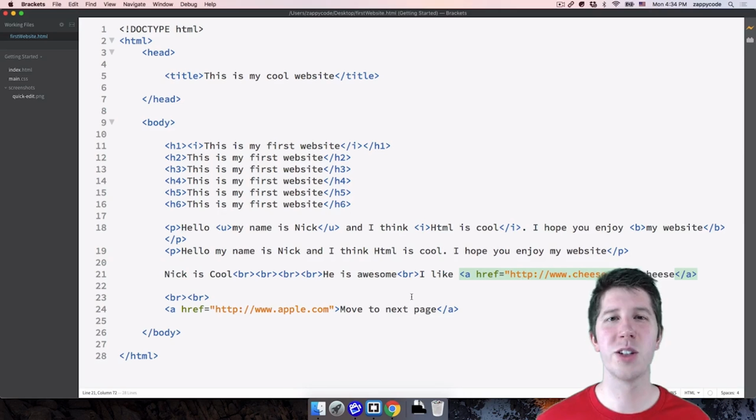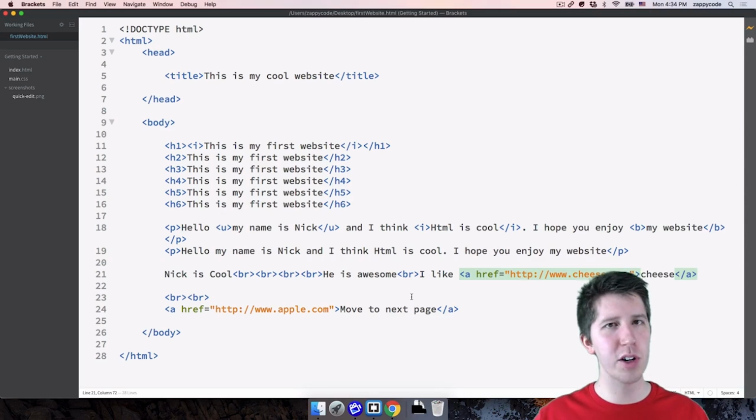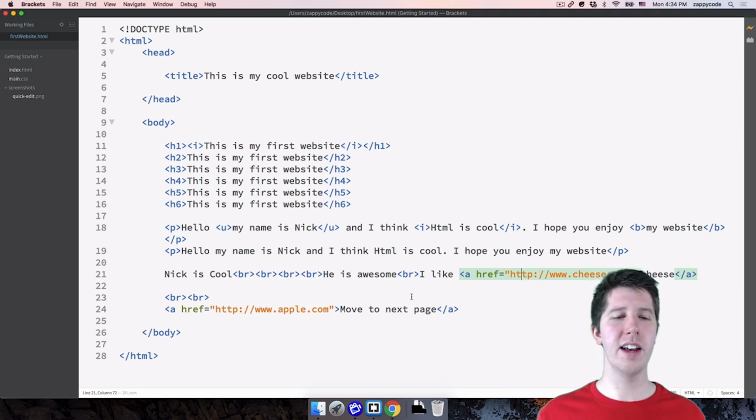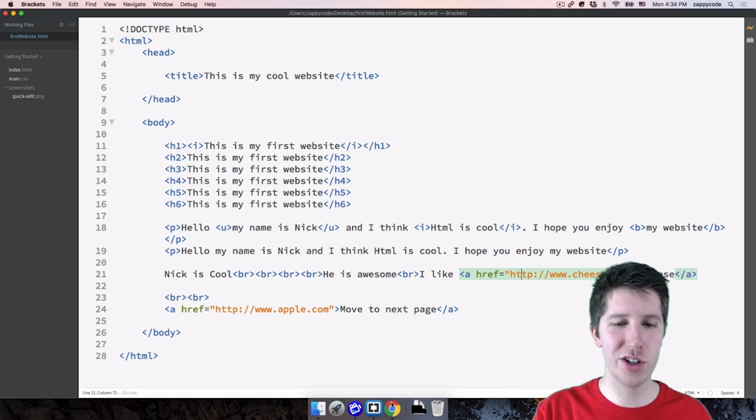Let's keep trucking. So in this lecture, we're going to be learning about images. And while it's about images, we're going to keep learning more and more about attributes. So be kind of aware for that. But first, let's go ahead and dive into images. So let's say we want to have an image show up on our website. In order to do that, we have to have an image to show.